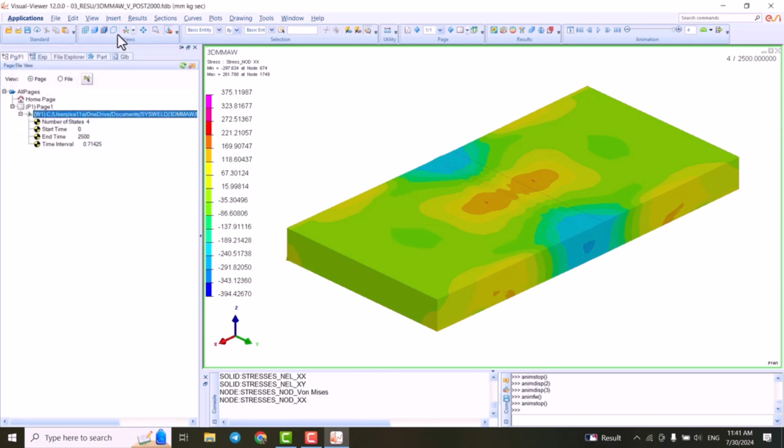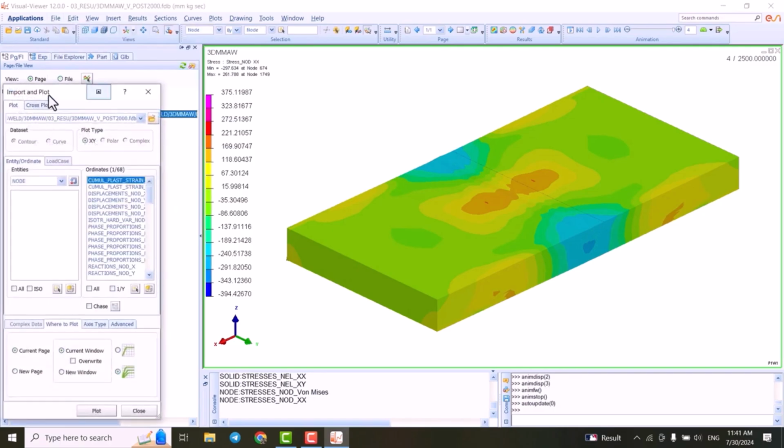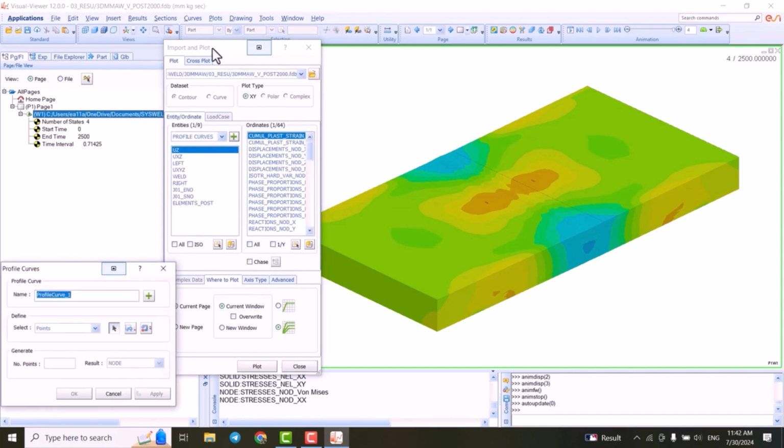So we want to go to the file, and from import plot we can create a path here. So instead of node, we go to the profile curves and we create a profile curve. Let's do a transverse,